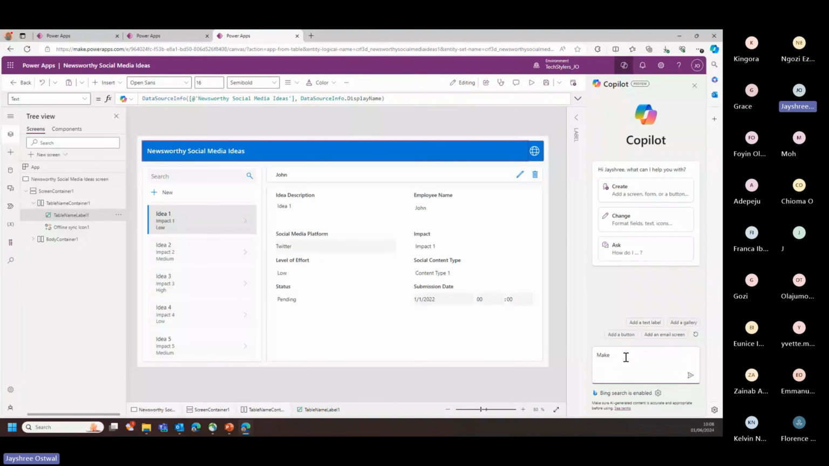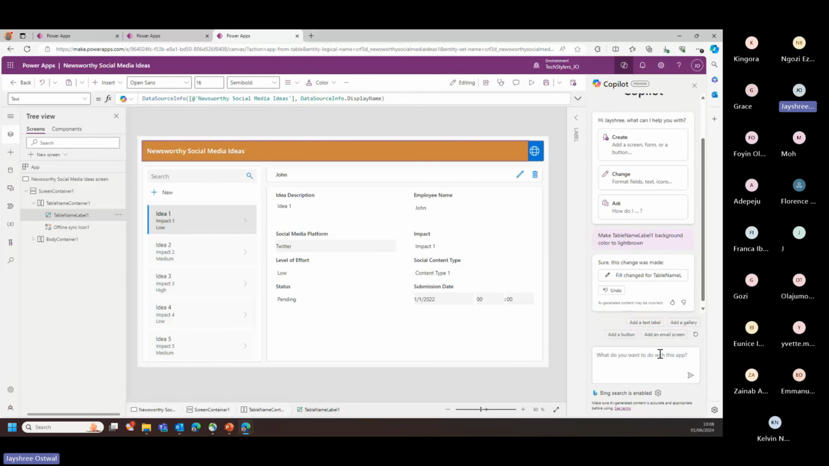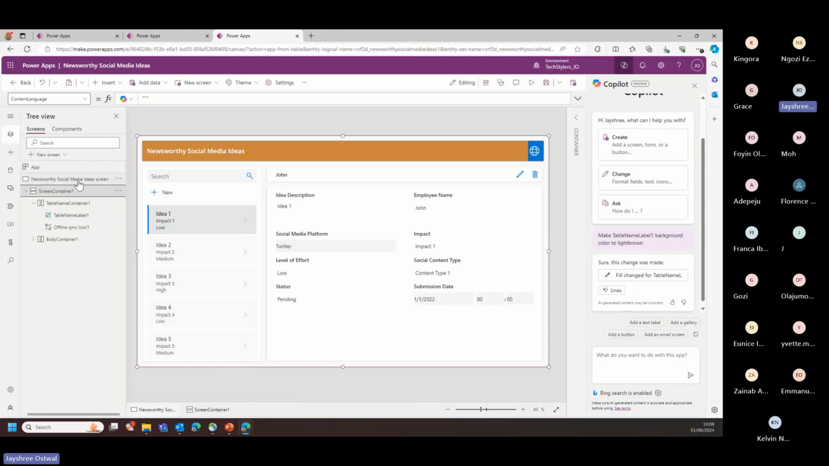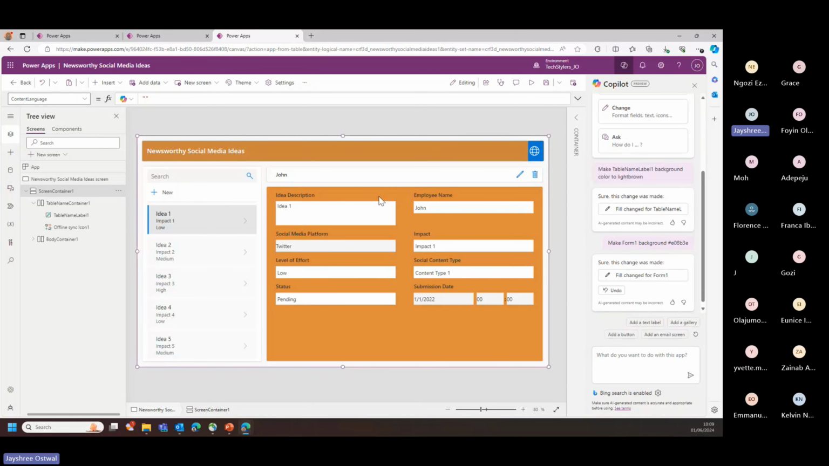So we need to select the name of that component and then I will give the command. I want to change the background color. So make table name label one background color light brown. Perfect, so that has been changed. Now, if I say form, this is our screen container. If I want to make the form background some other different color, let's see if Copilot helps us in this. Perfect. So this one was our